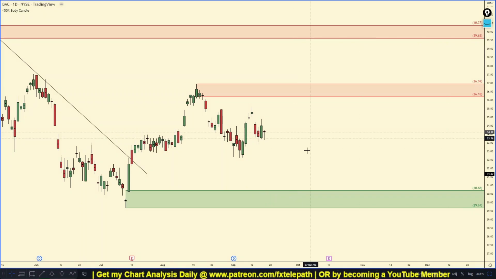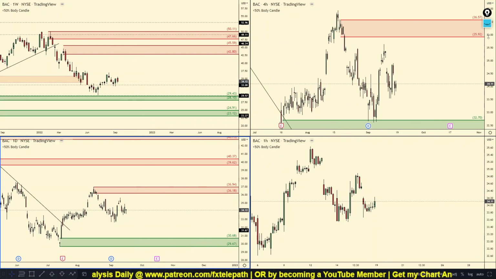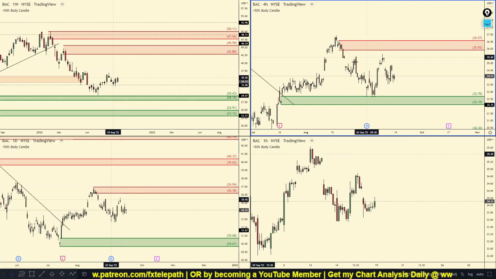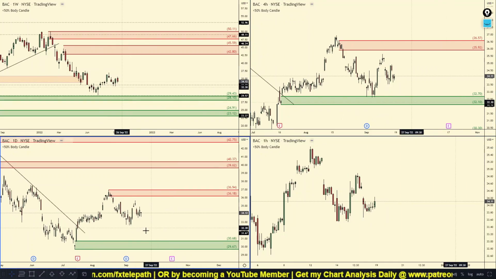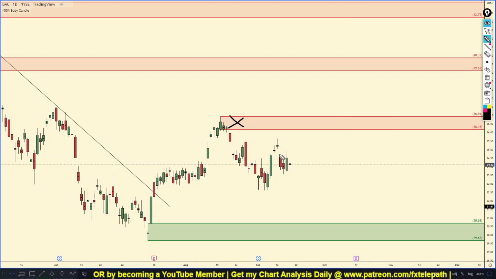So as far as what I would be looking for here on the Bank of America, there are two options. The first option, actually, you know what? Basically one option. I'm going to get rid of the other one. What I'm going to look for here is for this daily supply zone to be taken out. Well, why this supply zone? Because this supply zone is very fresh. It has not been tested yet. And if we get this supply zone removed like this, we'll also remove that high,